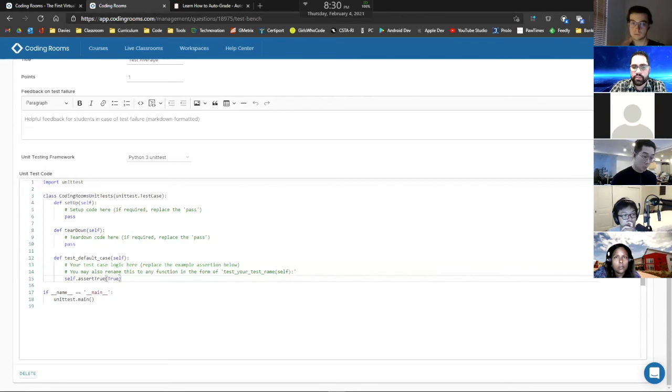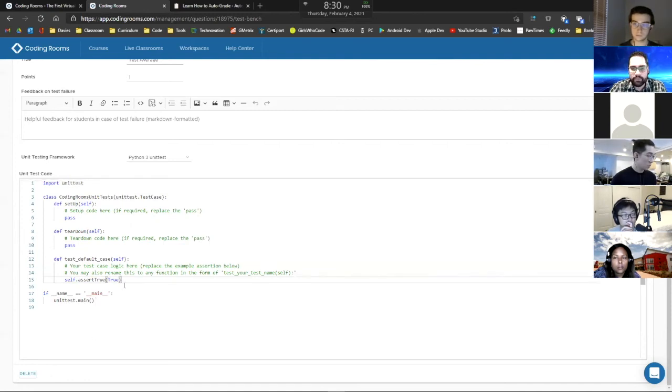But for this, for instance, we can just put whatever logic we want it to actually evaluate as part of this test case. For instance, there are different asserts that you can use. For instance, this one here says assert true. I'll show you in a minute a resource for this, but what we want to do is we're going to assert that